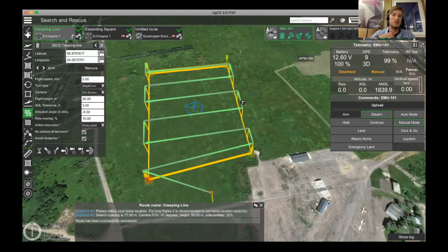Your microphone's turned off. Sorry about that, Christoph. So yeah, the big one is beyond visual line of sight. But before we get there,